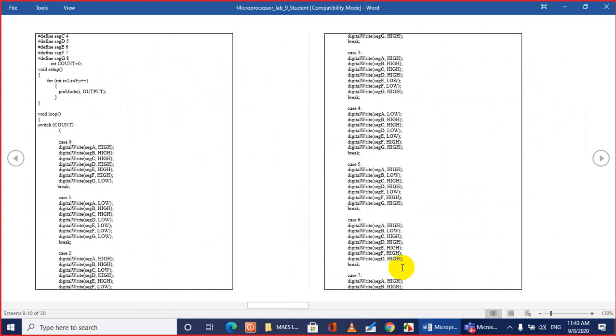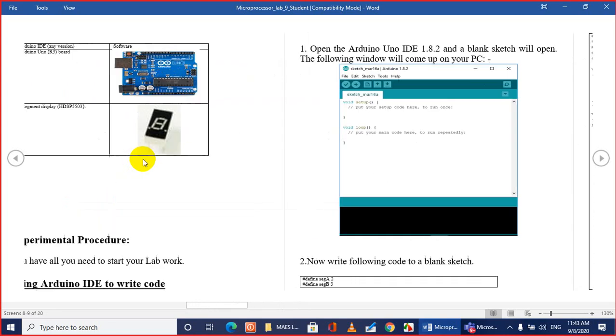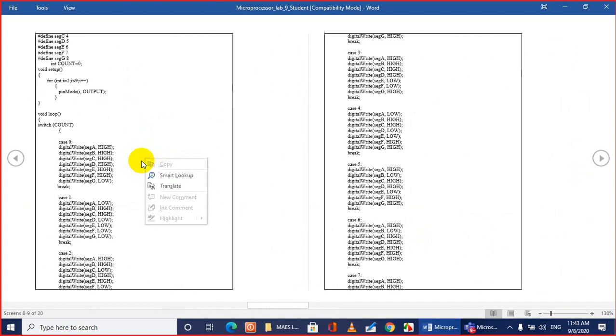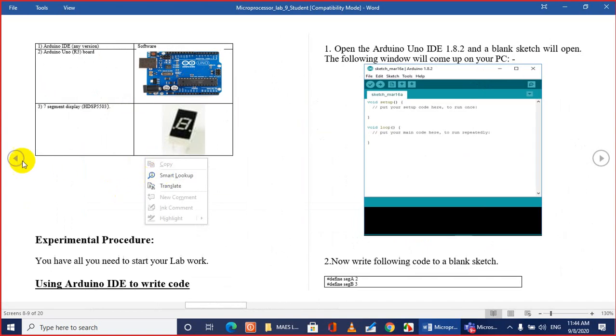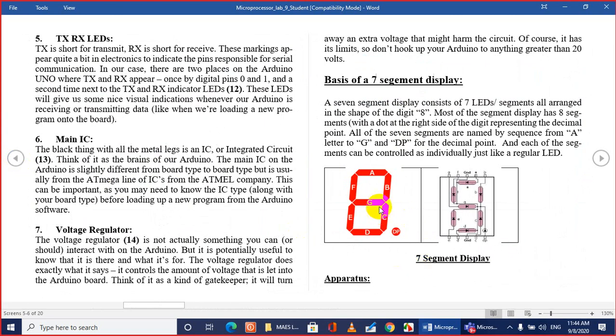The code has been given. It is a pretty long code. Look at over here. For display 0, which segment you want to make high or low is defined over here. So we write a routine by switch statement. So I will use a loop to display different numbers. To display 0, you need to make which segment off? This is the middle segment. The middle segment will be off. To display 0, this G segment will be off, and all others will go on.